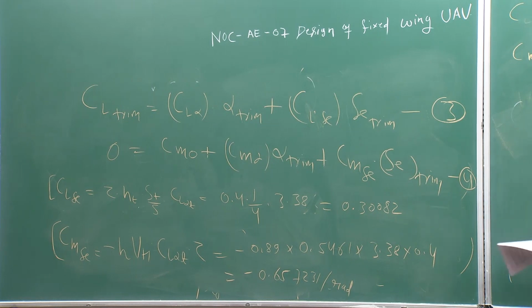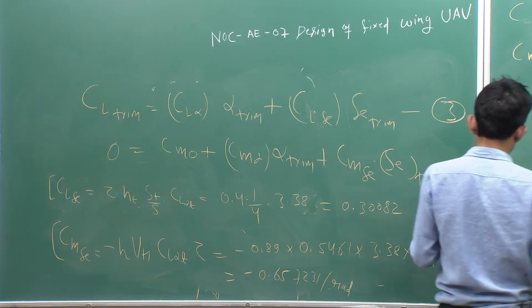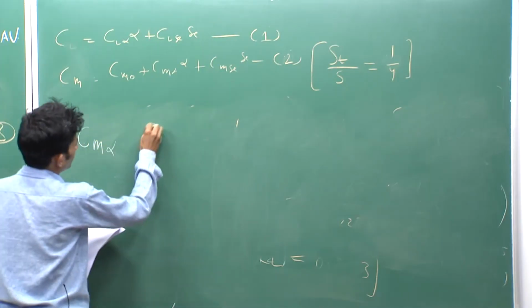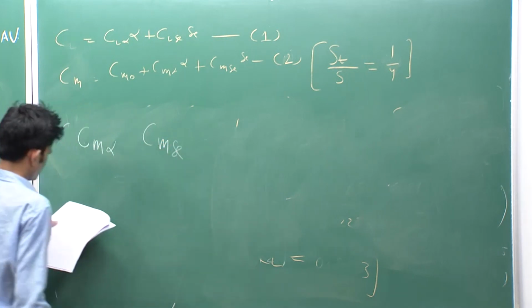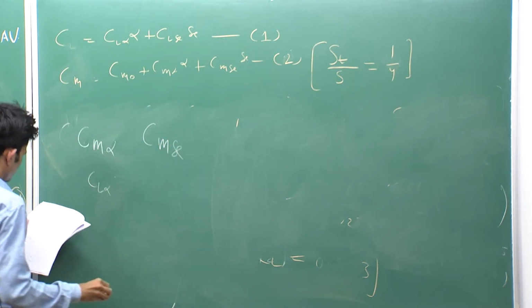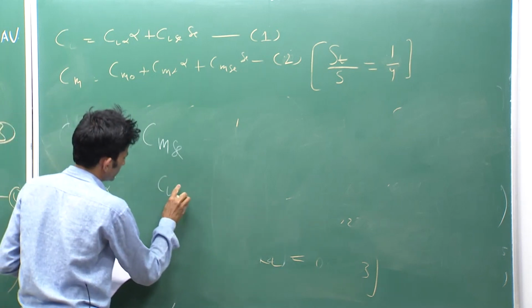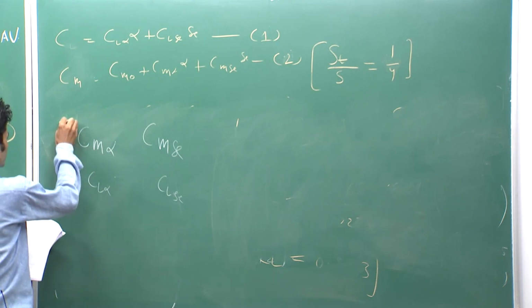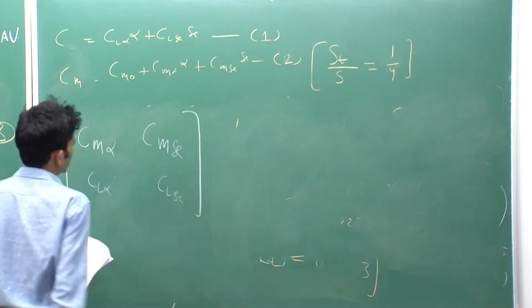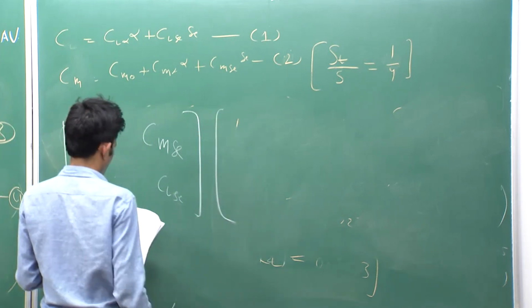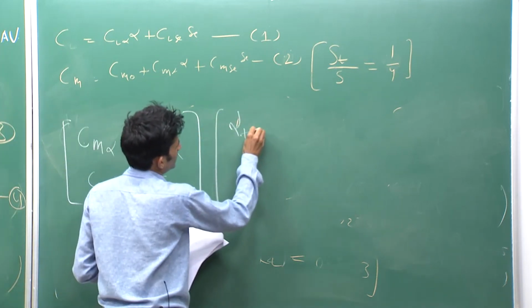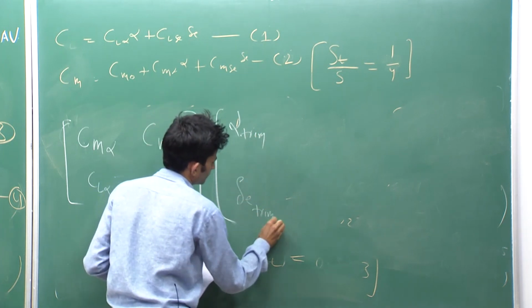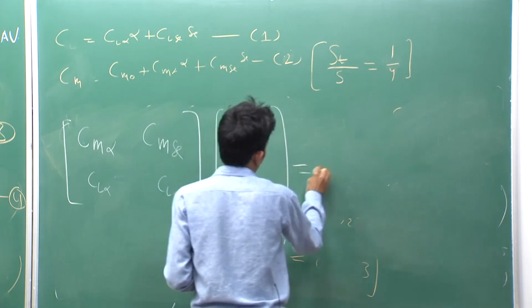You will get Cm alpha, Cm delta E, CL alpha, CL delta E, that is one matrix, multiplied by the unknown column matrix alpha trim, delta E trim, equal to